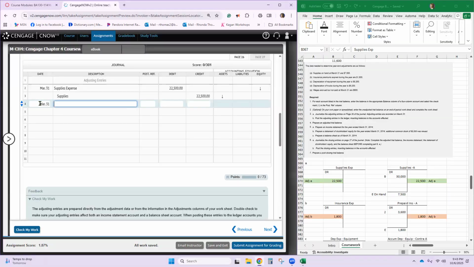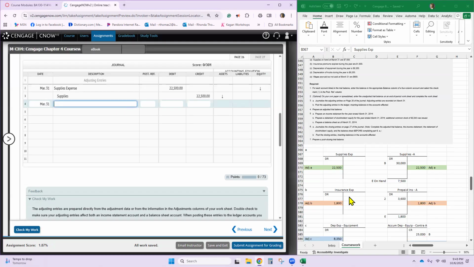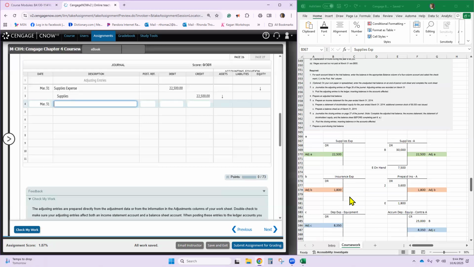March 31st. The next one says insurance premiums that expired during the year are $1,800. So when you have insurance premiums expire, that means that you're expensing them or they've been used. So we had 3,600 in prepaid insurance. The amount that expired is the amount that's going out.